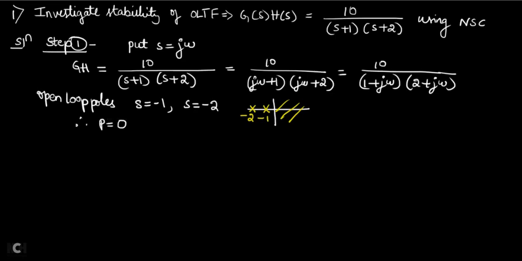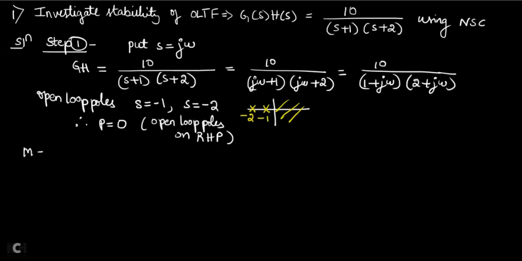Capital P stands for the number of open loop poles on the right hand side. There are open loop poles present, but there are no open loop poles on the right hand side. That is why I am making capital P equal to 0. Now this is the first step, and one more thing you need to do is find the